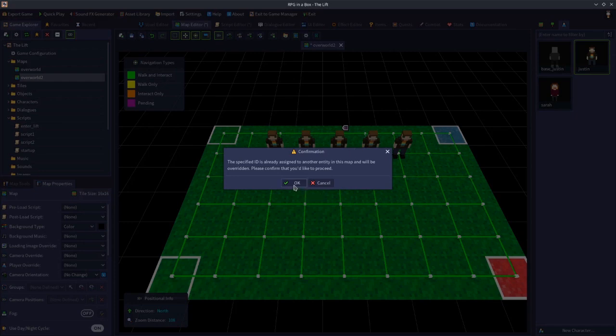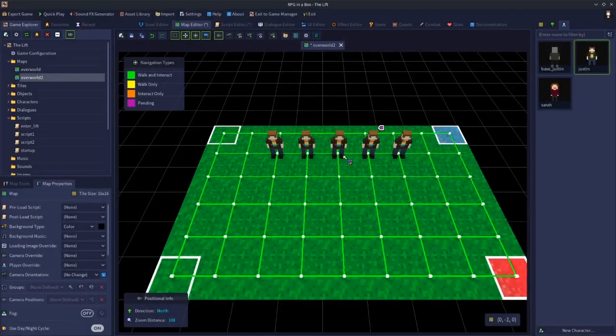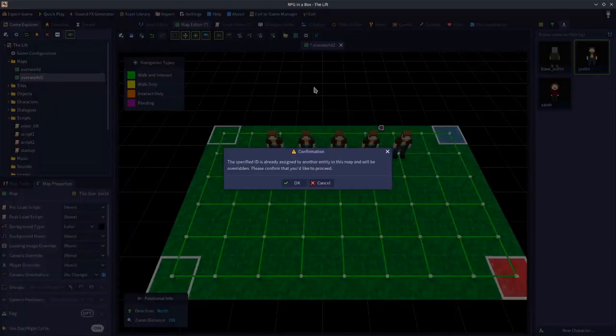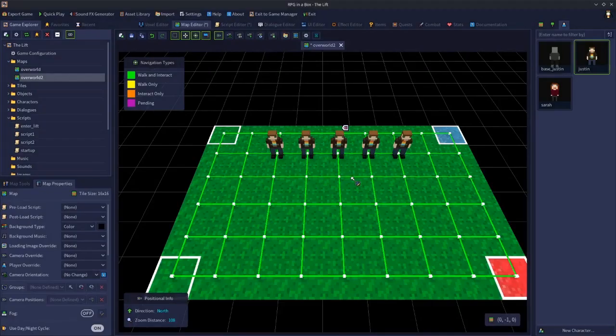In fact, I can show you. Let's click OK, and you can see it's jumped. So no longer does this Justin now have an ID anymore. I've moved it to Justin_3, which I may not want, because I actually still want this one to be Justin_3. So if I put it back, and again, it's going to complain because now Justin_3 is over here, but I can move it back. So IDs have to be unique, because it's how your scripts know, again, which Justin you're